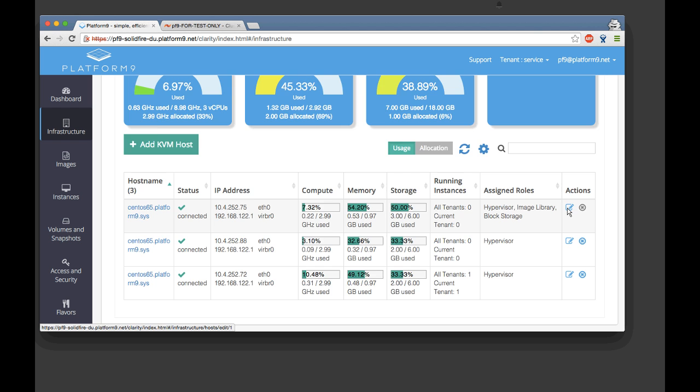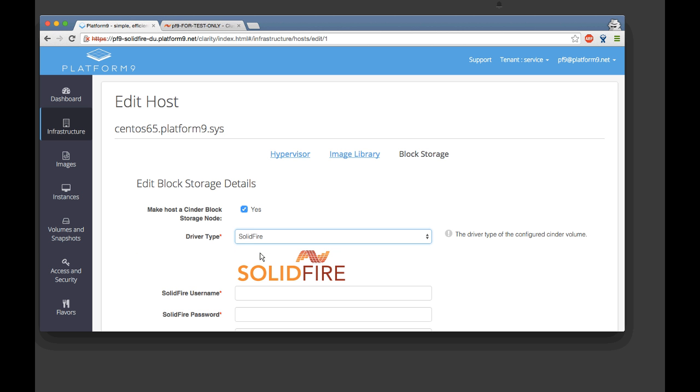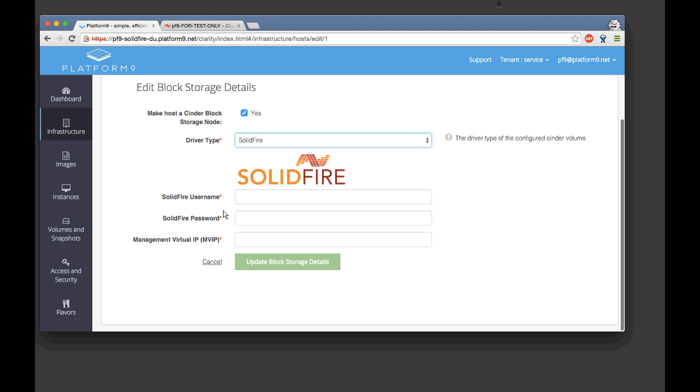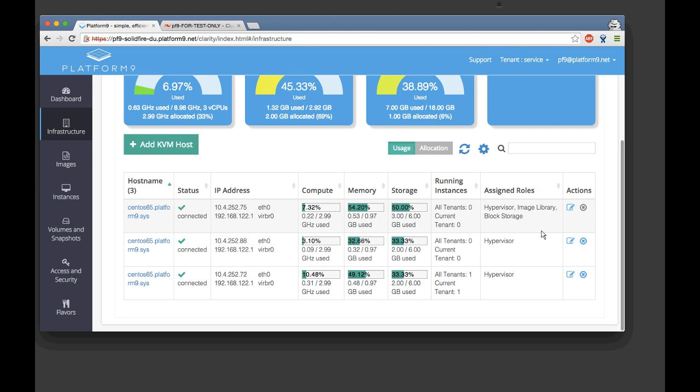Making Cinder work with a SolidFire backend is as easy as selecting the driver type and providing the information required for SolidFire: a username, password, and the IP you use to reach the SolidFire controller. Once you provide this and authorize, you're going to have a hypervisor running Cinder on the back end, which talks to SolidFire devices.